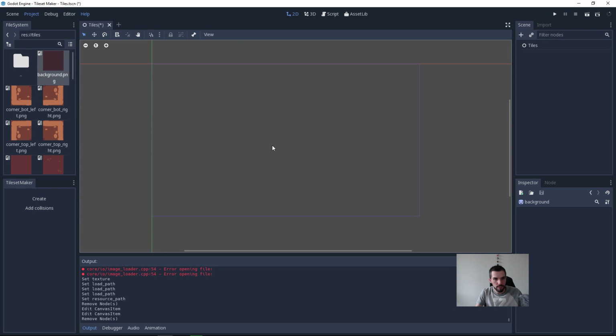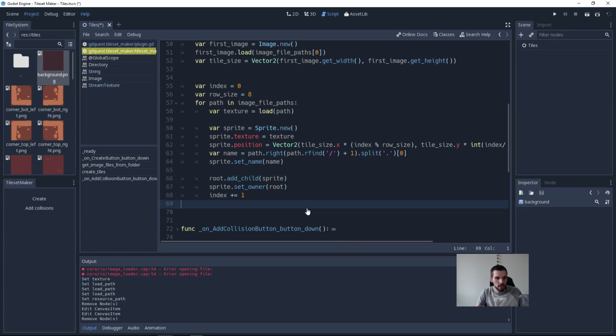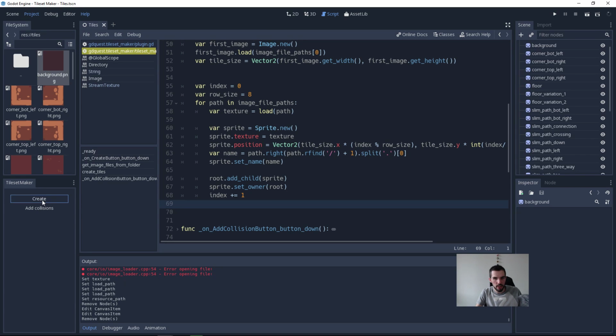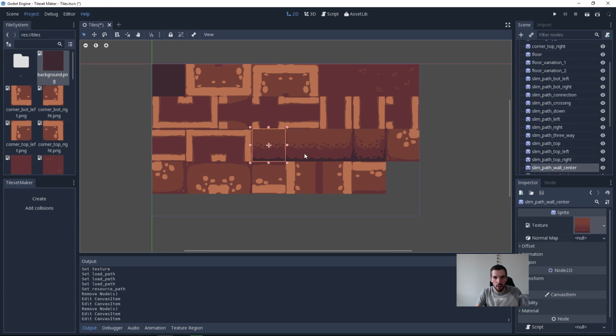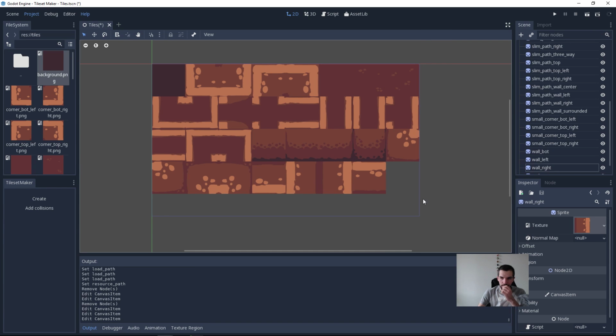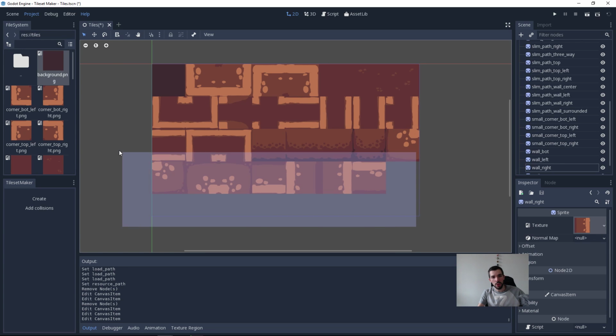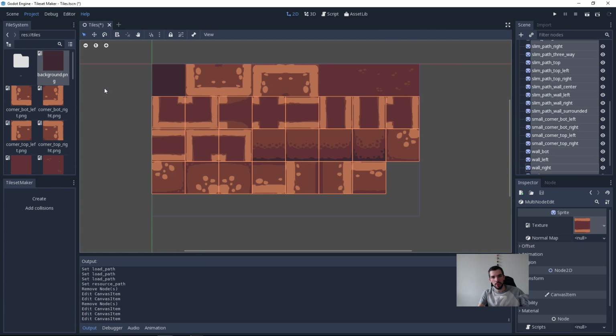So, going back to the script, I remove the break statement, save, click create, and boom, we generate all the sprites for our tile set. There we go. All right. So all we have left is to add some collisions. We'll want to do something like this. We select nodes, we click add collisions, and everything has collisions. Now doing it is